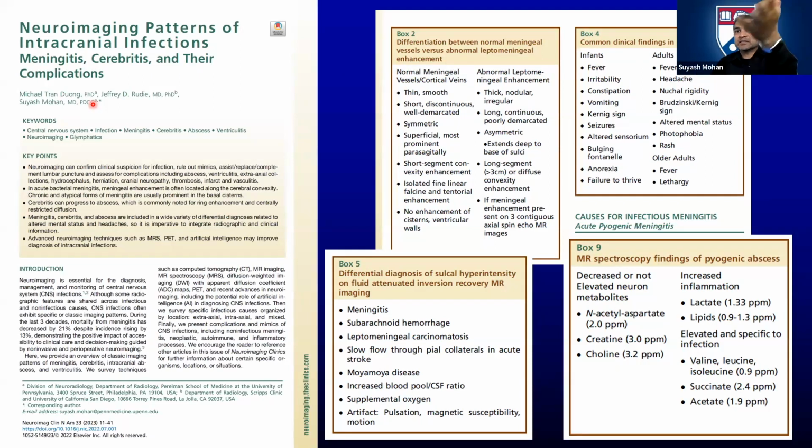Because all these things that I'm talking about, right? This is the box I was talking about. And this is something that we have to keep in our back pocket all the time. When you have increased signal on FLAIR scan, besides meningitis, what else can it be? These are the things it can be. So you have to go through this list every single time to give the accurate differential diagnosis for that particular